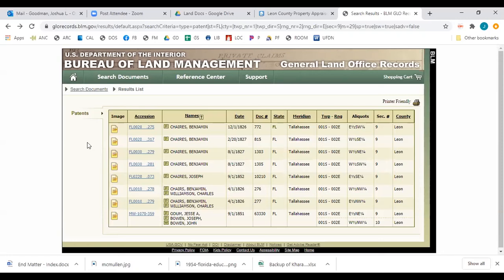So let's look at an example to see how this actually works in practice. I'm going to use my childhood home because I didn't have time to grab a Leon County tax roll, so I grabbed a Taylor County tax roll. You could do this with any piece of property in any county in the state of Florida, and this oftentimes works for counties in other states as well.